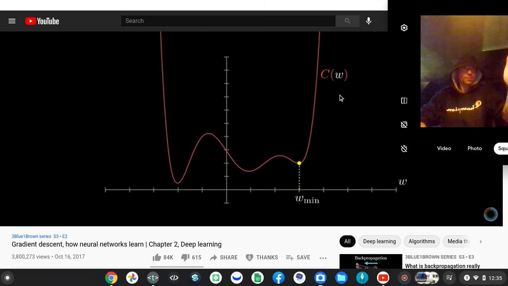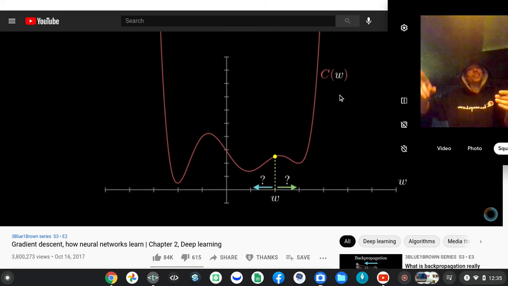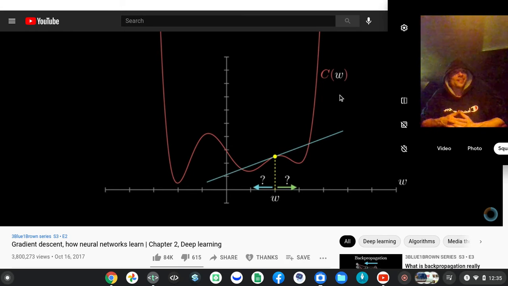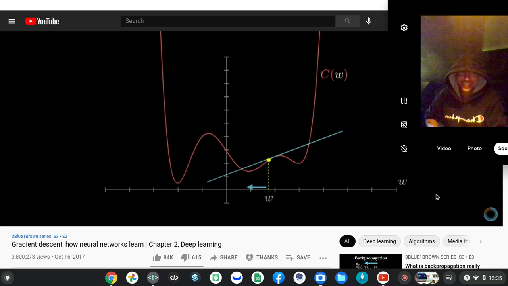The more flexible tactic is to start at any old input. Specifically, if you can figure out the slope of the function where you are, then shift to the left if that slope is positive, and shift the